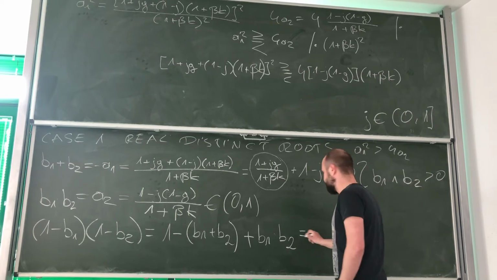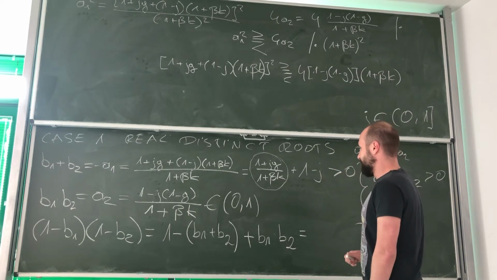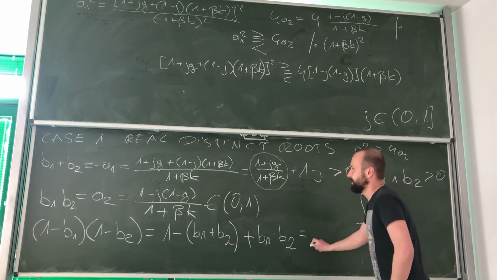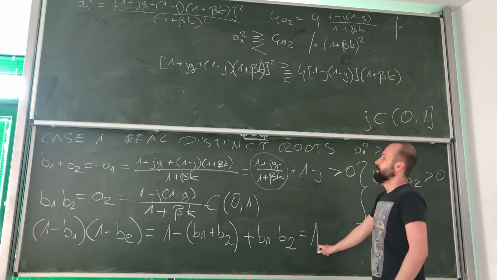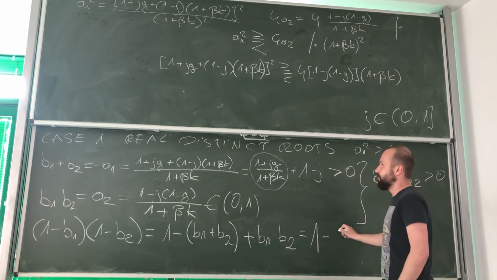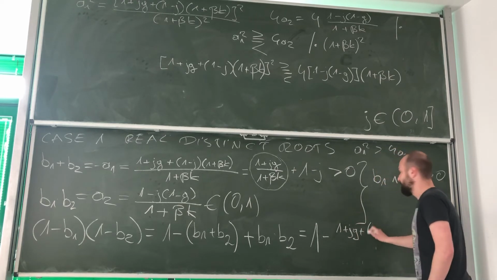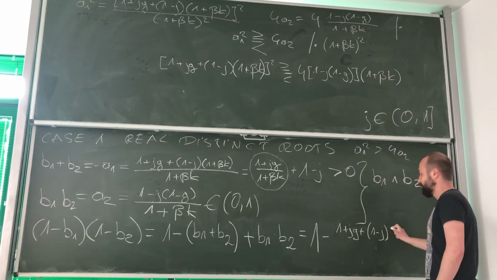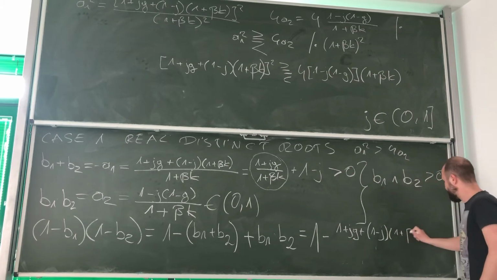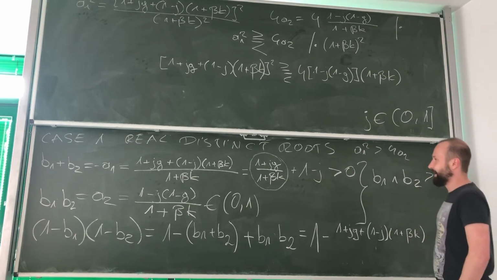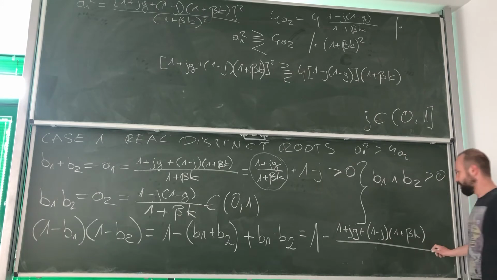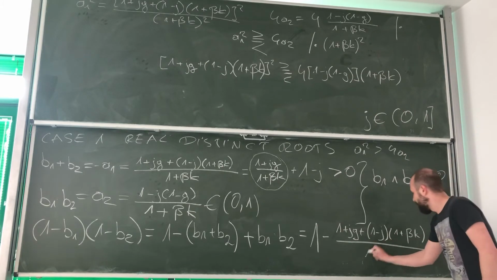Okay, let's substitute. Okay, so we will have that this is 1 minus (1 plus jg plus 1 minus j)(1 plus beta k) over 1 plus beta